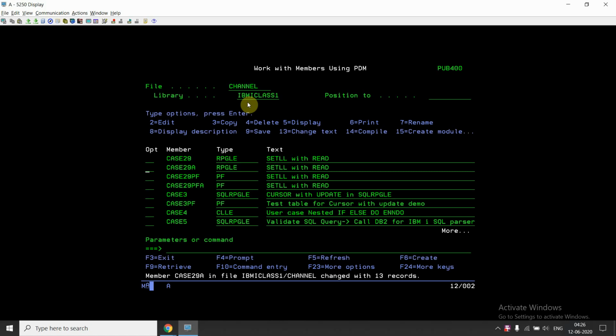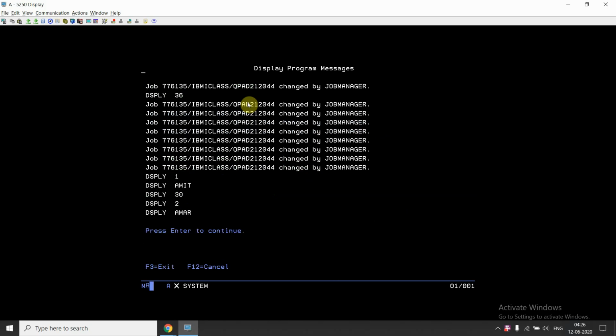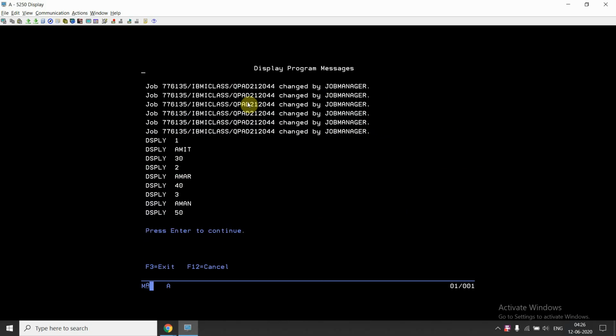in the loop. So this program is compiled. If I'm calling this program, I'm reading all the 3 records. This is the second record and this is the third record, right?